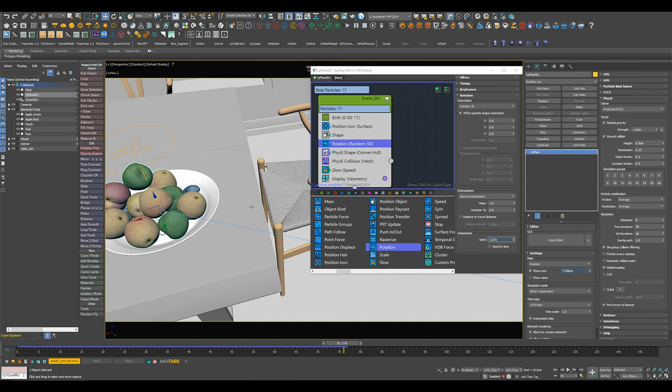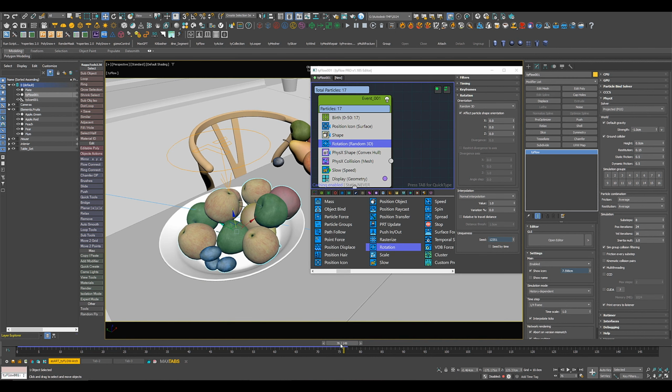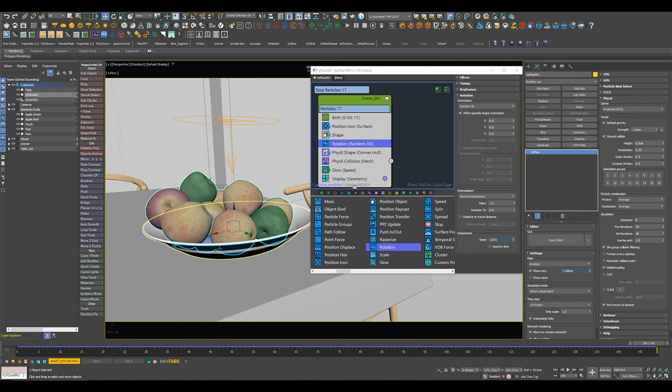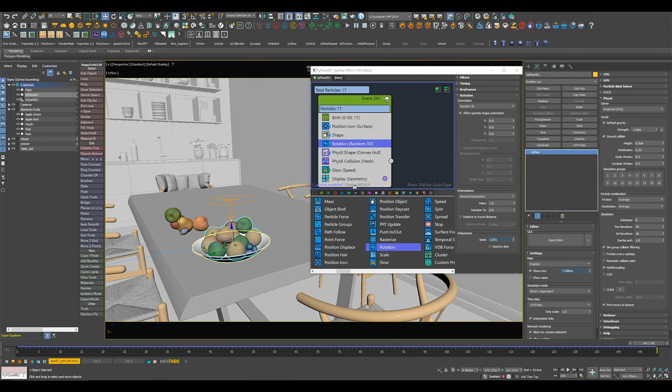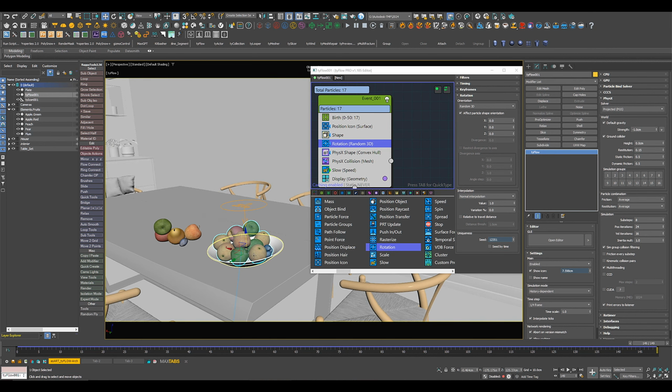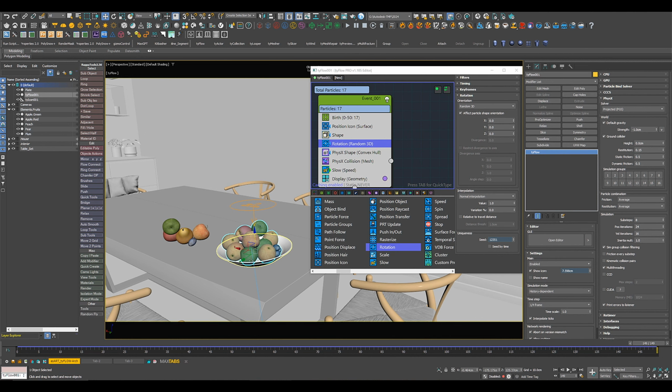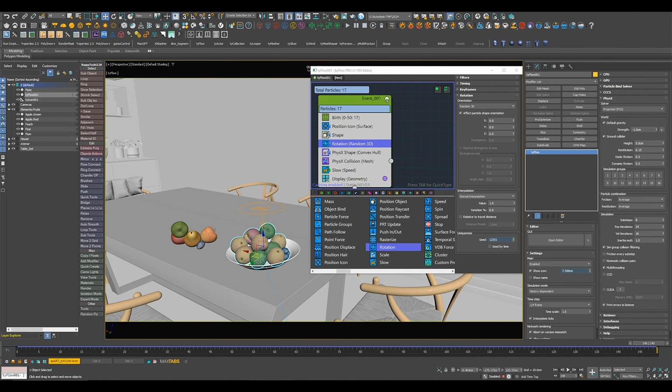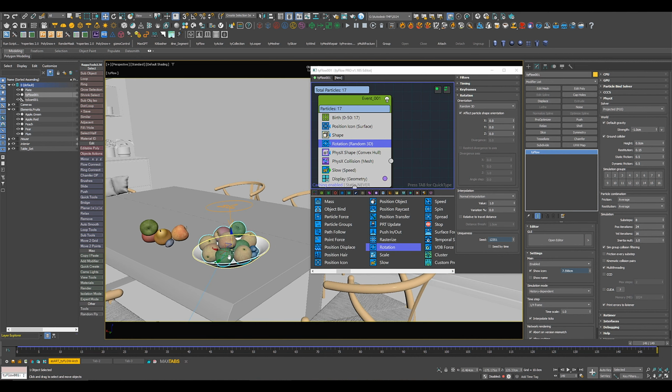Then once you're happy with the results, don't forget to move your CTI to the very, very last frame. So everything is really settled and the simulation is finished. So nothing is hanging in the air and stuff. And now let's say we are happy with that result and we would like to freeze this as our setup or our fruit sets. So for this, we can add a mesh operator, which is pretty important, by the way,